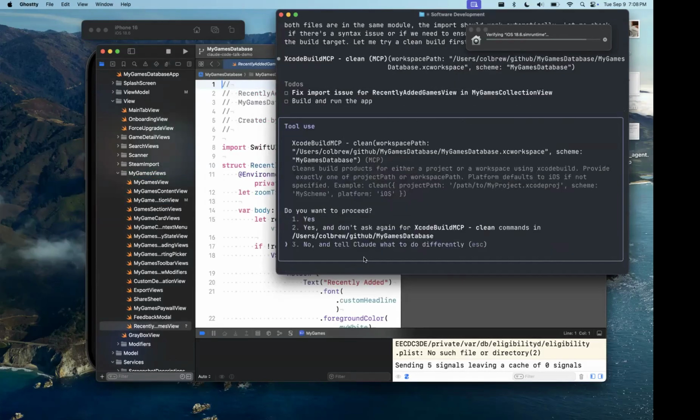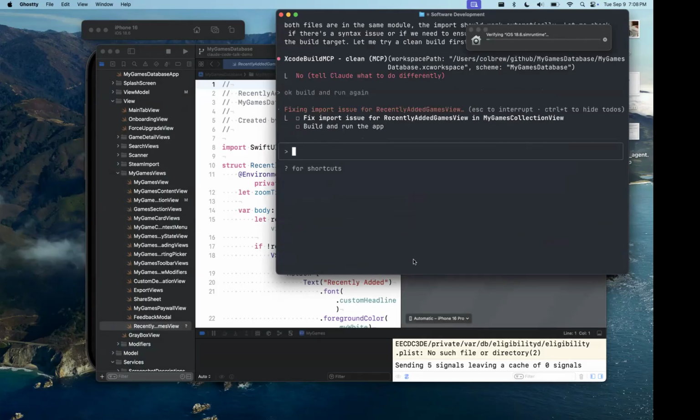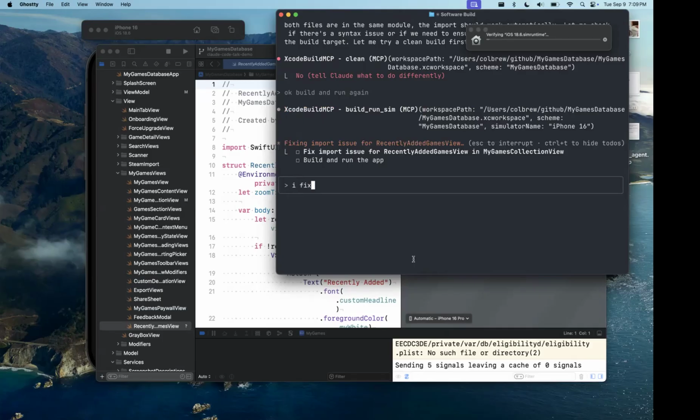So no, you don't have to do that. Okay, build and run. Okay, yes. Sometimes it'll be like, no, I got to do this. But